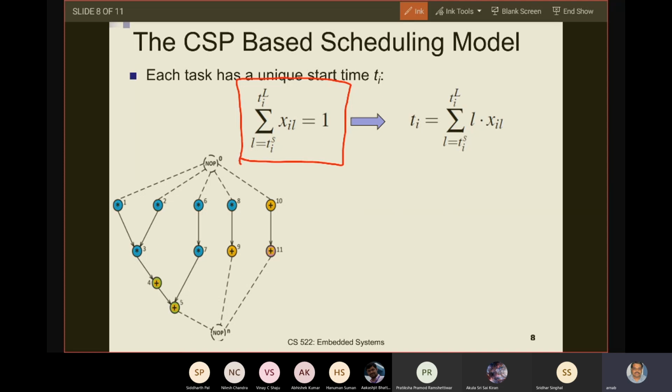Are you seeing the box that I have drawn? Are you with me on slide number 8? Yes, sir. Yes. So this box represents the first constraint, and from there we can derive the time step at